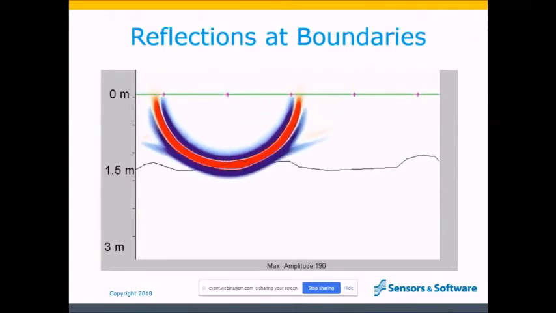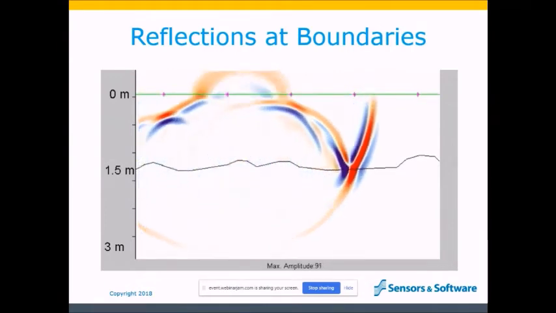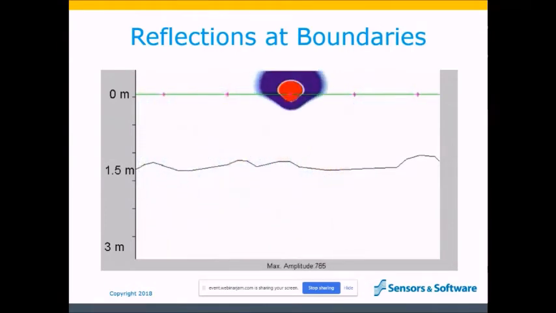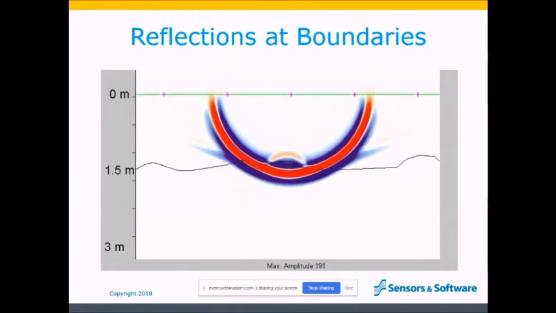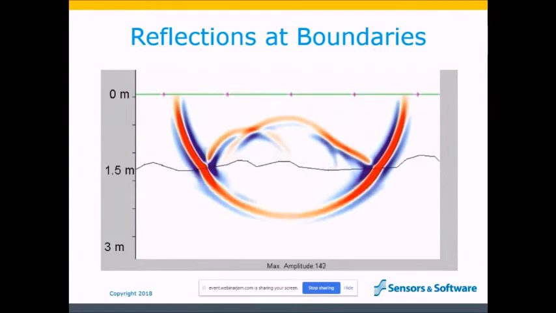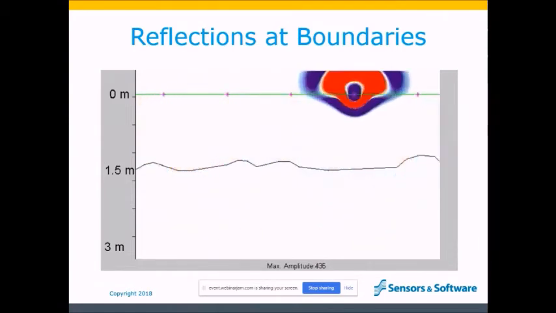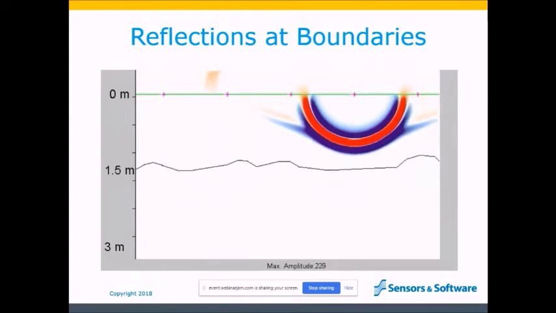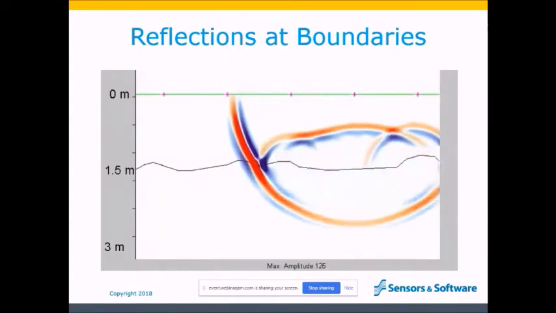It is interesting to watch this animation for several reasons. One reason is the complex shape of the reflection, even from a relatively simple boundary. Imagine how complex it can get if the surface was rougher and the layers were full of objects that caused other reflections. The other reason this animation is interesting to watch is to see that not all the GPR energy